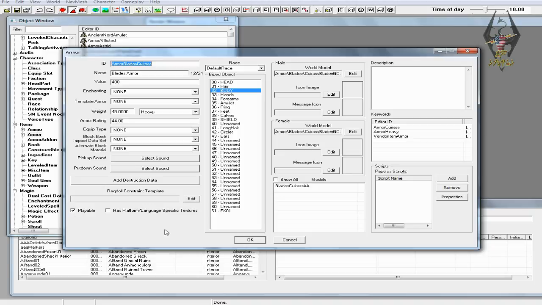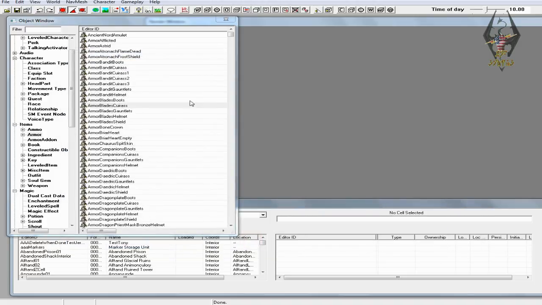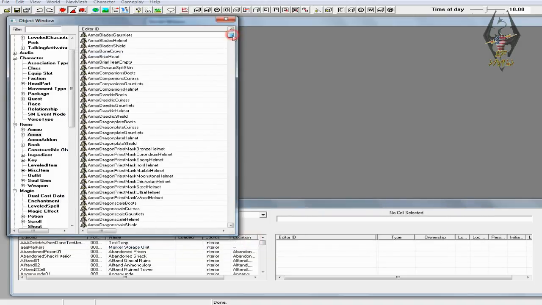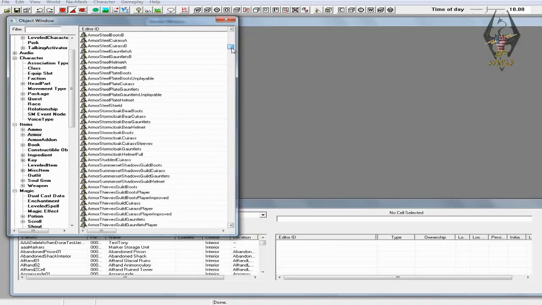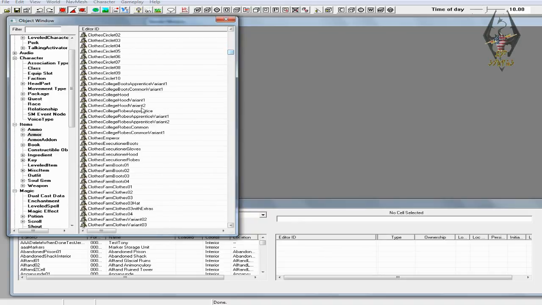That means you can add it into the game in a mod other than just going and getting it from the Blades. But what we're going to do with this one, just to show you how to do this, is we're going to go down here to close, and